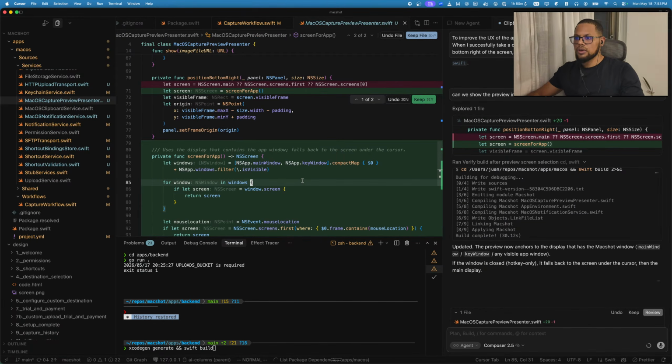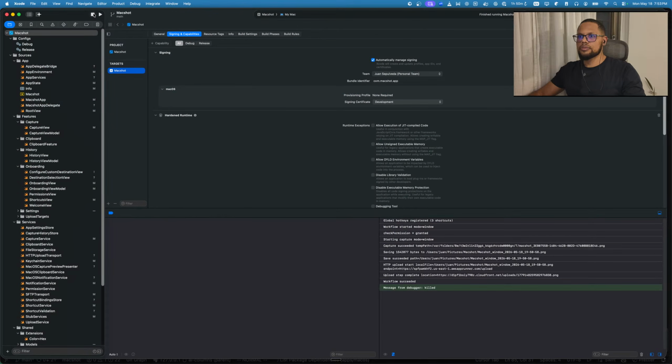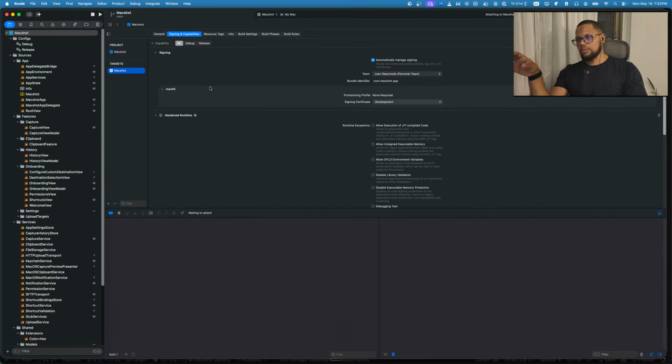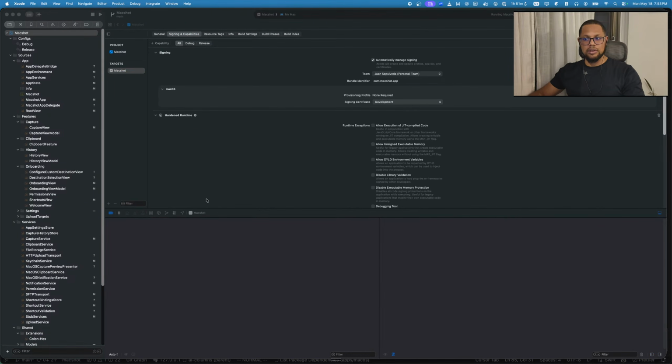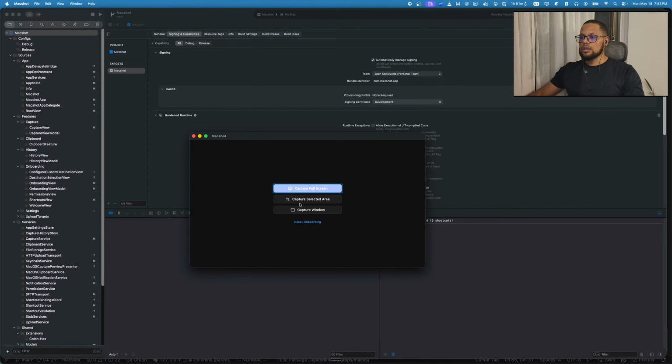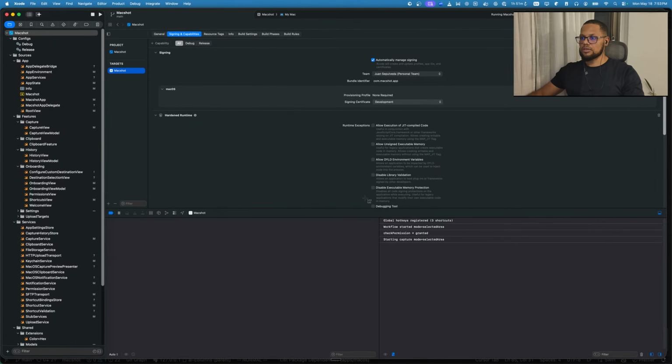Okay, let's see if it is doing what I think it's doing. I think what it's doing is where the screenshot is taken, we're going to display the preview image at that display. So for example, if I take a screenshot here, it's going to display the preview here. If I take a screenshot of my other screen, it's going to show the preview in that screen, which is very nice indeed. So let me, for example, take the screenshot here,